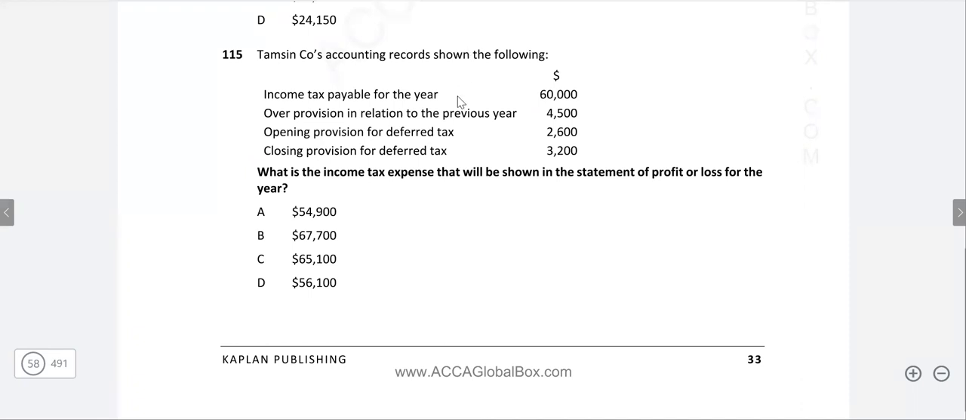All right, we are doing the practice of IAS 12. And first of all, we have question 115 from your Kaplan kit. And the requirement is, what is the income tax expense that will be shown in the statement of profit or loss for the year? Now we have done IAS 12 and we know everything of it, that when we are required to calculate the extracts of the statement of profit or loss, we are going to first of all see the current year tax provision,